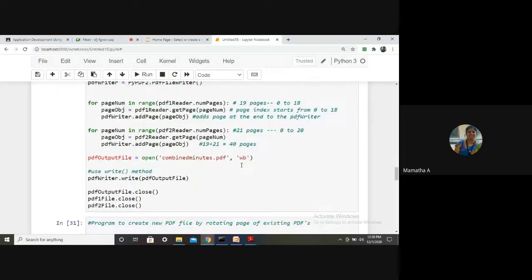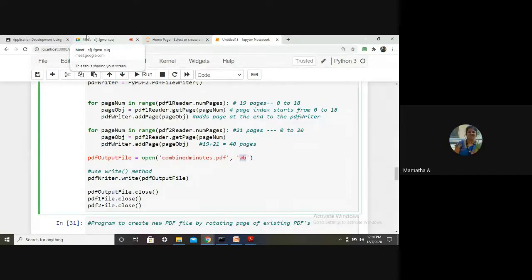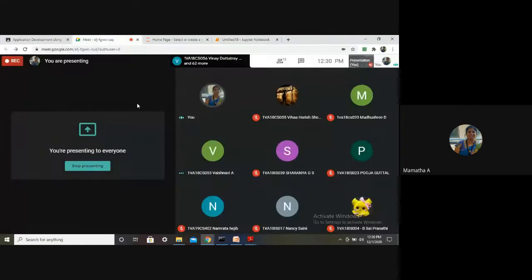Which is that method? It's very important. The write method. Wherein you open the actual file in which mode? Write binary mode. That's very important. When you work, you will know.